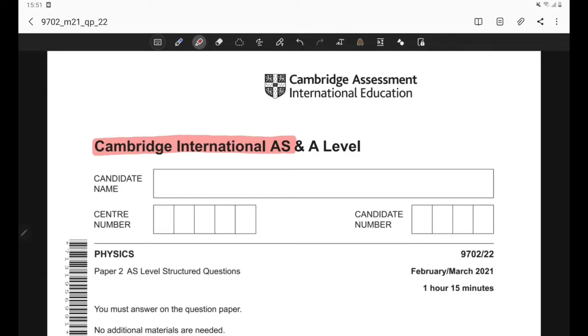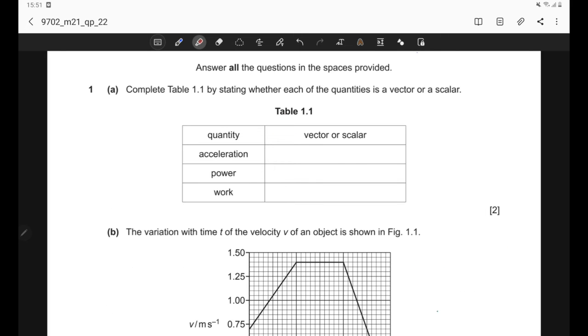Cambridge International, AS Physics, February-March 2021, Paper 22. Question 1 Part A. Complete Table 1.1 by stating whether each of the quantities is a vector or a scalar